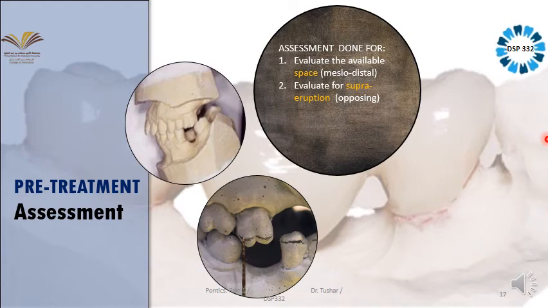That is why pre-treatment assessment is important. Yes, Fahad, your question. What is the role of endodontic treatment here? As I said, if the supraeruption is more than 2 millimeter, and for correction of that, if you do enameloplasty, you will cut enamel and the dentine will be exposed. And you know that dentine is very sensitive, the dentinal tubules will be exposed, and your patient will have sensitivity all the time. Do you want your patient to have the sensitivity lifelong? Will he tolerate? No.